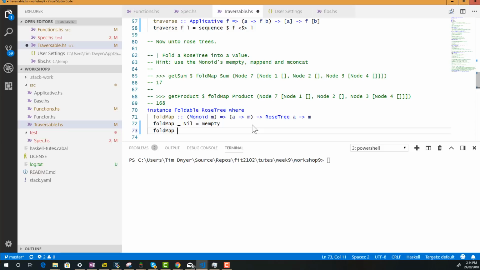Now, the more interesting case is when we are given a function that transforms the elements in our rose tree into the monoidal type, into the monoid, and we have a non-empty node with an element and a list of child rose trees. Applying f to the value to turn it into a monoid is trivial, and working on the list, what are we going to do? We're going to have to first map some function over the list,